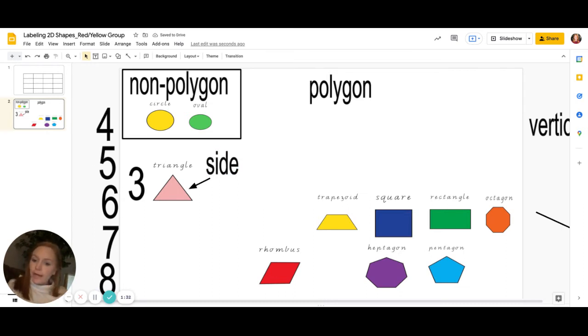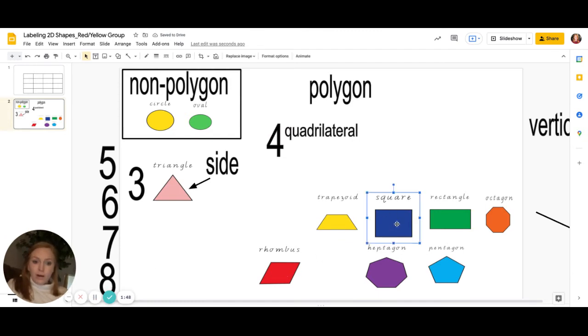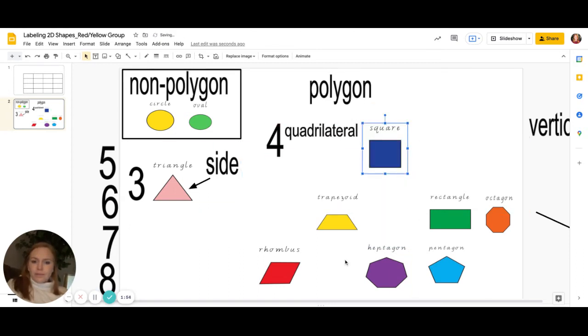Now we're going to talk about 4-sided shapes. Does anybody remember the last name of a 4-sided shape? It's a quadrilateral. So help me find all of our quadrilaterals here. Our first one, I see a square. Obviously, a square is a quadrilateral because it has 4 equal sides. I'm going to put that right there. Next one,